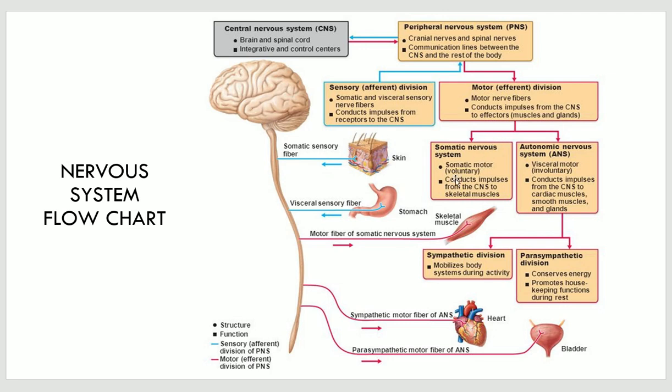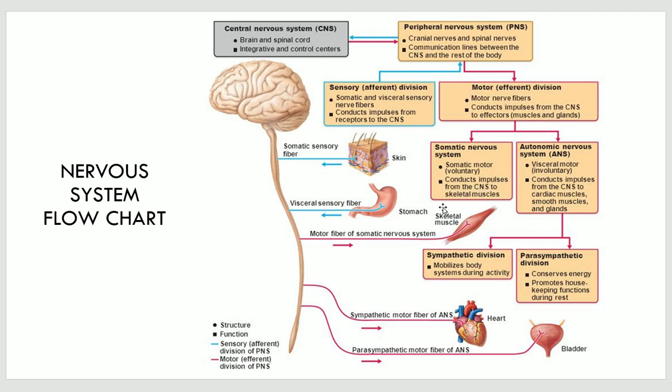So soma means body. Learn that now. It means body everywhere. You're going to hear about it in a different scenario here. You're going to hear about it next semester in A&P 2. You're going to hear about it throughout your biology career if you go that direction. But soma means body. So the somatic nervous system is our voluntary nervous system, conducts impulses from the central nervous system